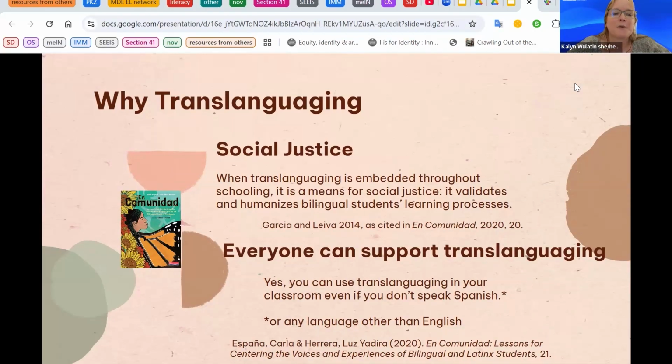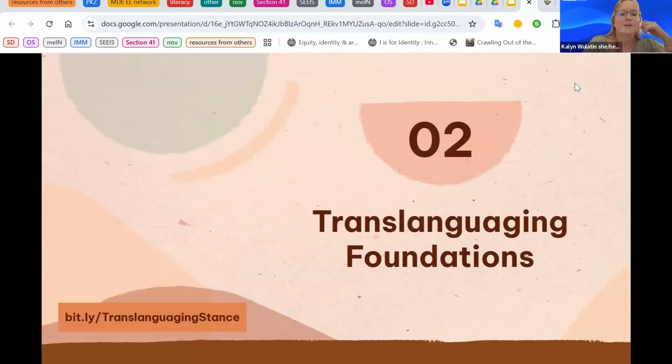So different ways to do this, as we're going to see, making sure that texts are available in multiple languages, creating spaces in writing, whether it's a writing workshop or however you're doing it, but to celebrate writing that of students who are creating bilingual and multilingual texts. And again, thinking about those messages that we talked about earlier. Are we choosing to really produce texts in one language or in another, or using both, and being intentional about that? So looking at translanguaging foundations,